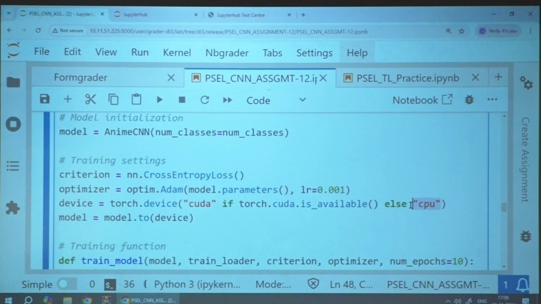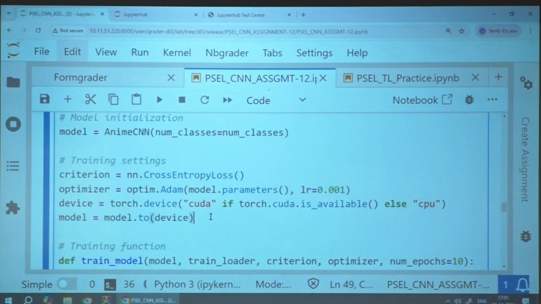So we need to speed up our computations, so mandatorily we are supposed to use the GPU devices. These are the statements which help you to define the device. Am I clear? If you have any doubts regarding the CNN implementation itself, utilize this session. I am not going to repeat it again and again.